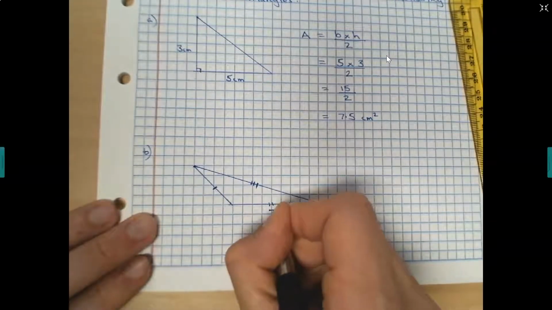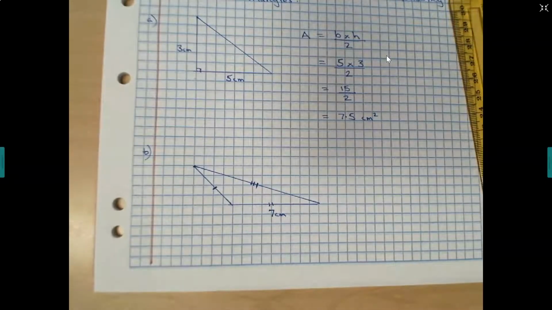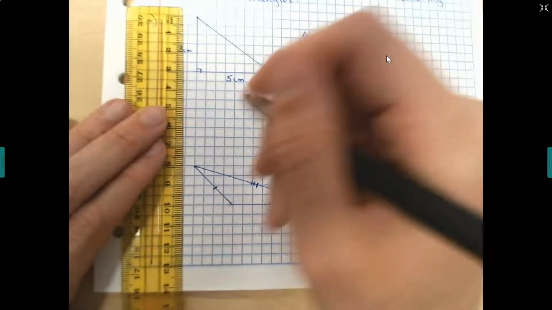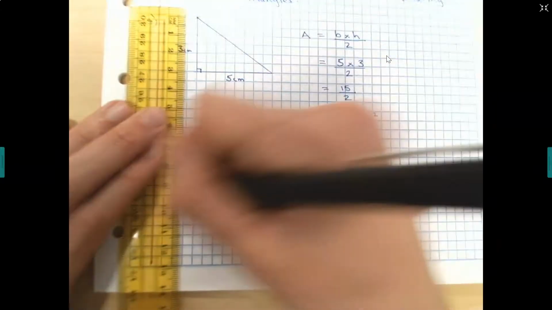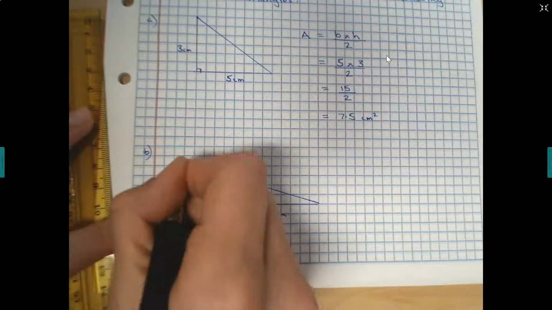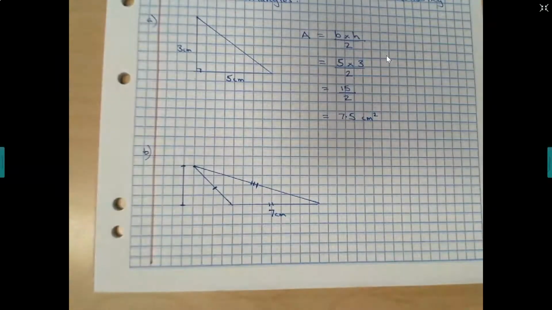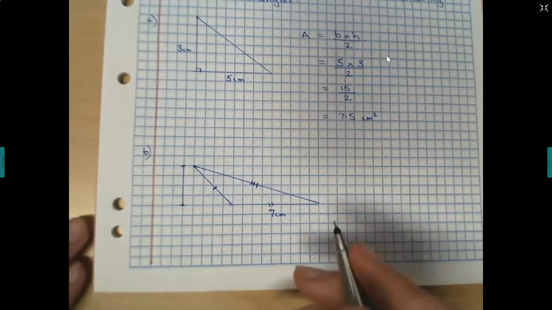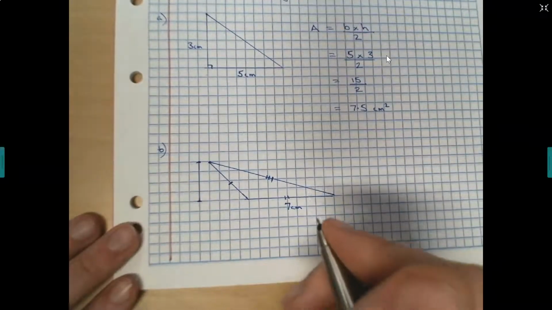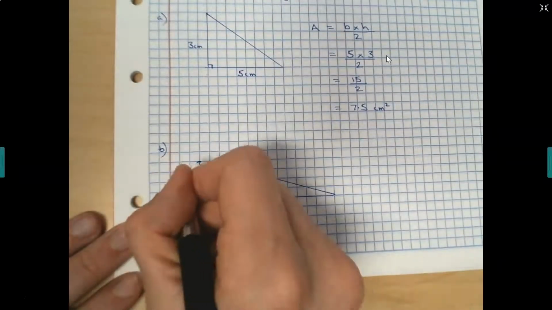So this one here might be, say, 7 centimeters. Now, if that's the base, if I was to call this the base, to find the area, I need to know the perpendicular height. Therefore, I would need to know the distance or the length from there to there. That's the height of the triangle. So if that was maybe 2 centimeters,